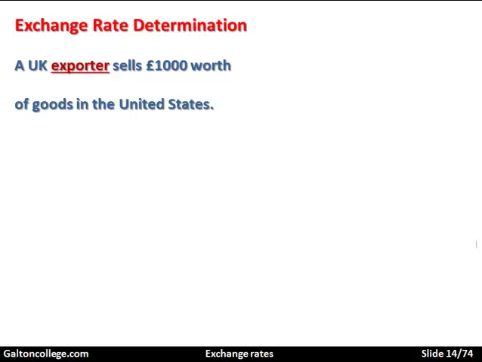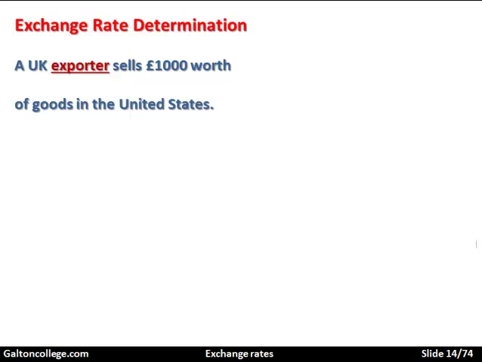Let's take a UK exporter, and let's say the exporter sells £1,000 worth of goods in the United States. So we'll take a simple example from a UK perspective. This could be from any country's perspective. You just change the words UK and US to whatever you want. But for argument's sake, we're dealing with the UK and they export £1,000 worth of goods